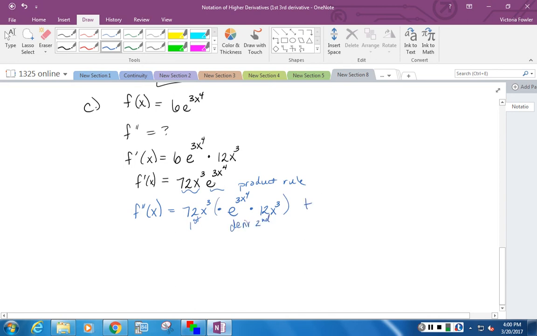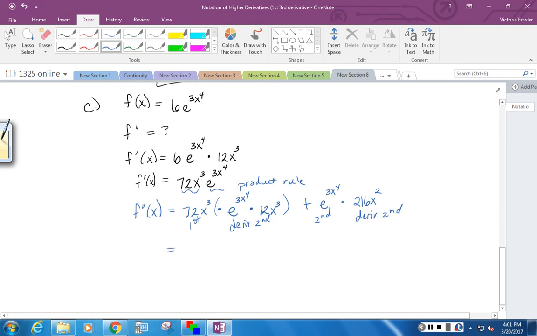And then I have plus the second function, which is e to the 3x to the 4th, times the derivative of the first. And what's the first? The first is just 72x cubed, so the derivative of the first is going to be 3 times 72. So pull out your calculator or jot it down on a piece of paper. That comes out to be 216. I reduce the power by 1, so 216x squared. And so I'm going to have